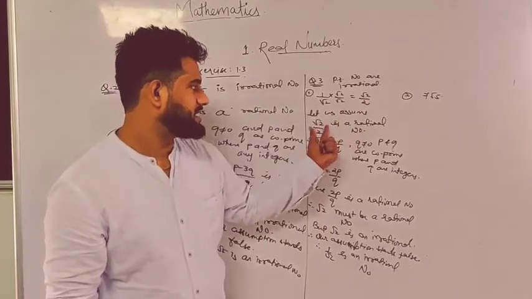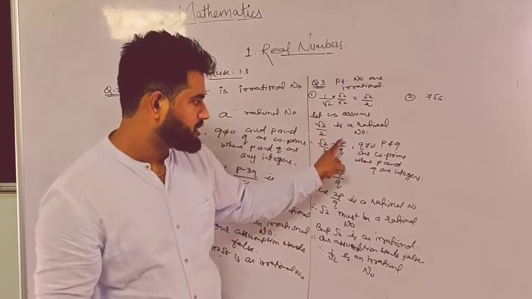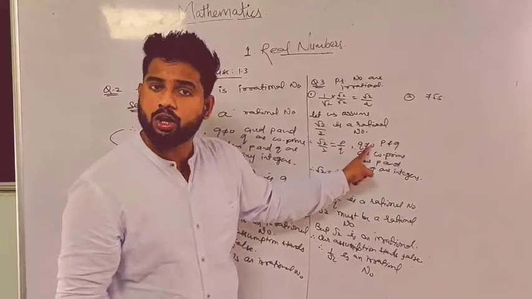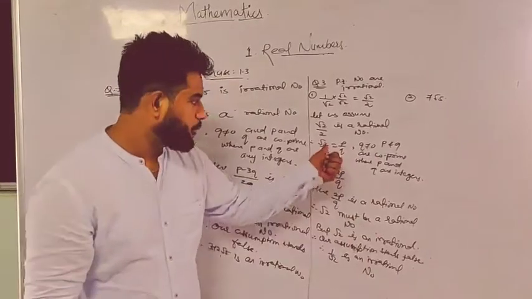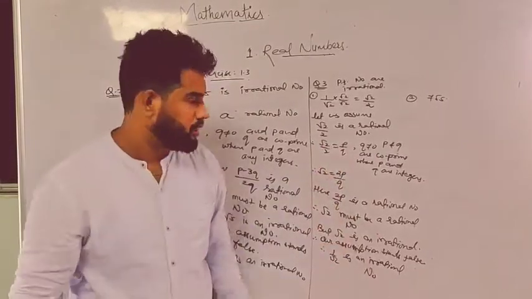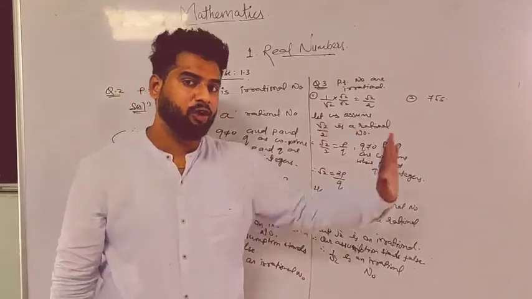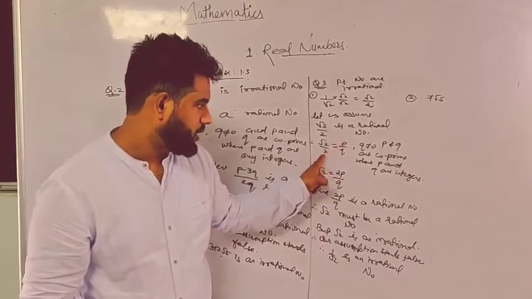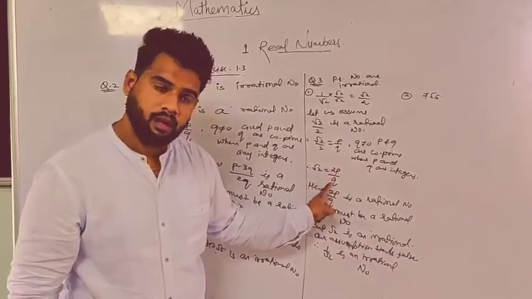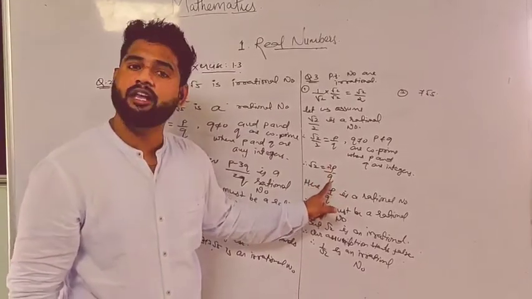Again, assume it is a rational number. So it can be written as root 2 by 2 is equal to p by q, where q should not be equal to 0, p and q are co-prime, and p and q are integers. Again, the root is not alone. So whenever it is not alone, always make sure that your root value is on one side of the equals to and all other values on the other side. So root 2 will be here, send this 2 here. So 2p by q. p is an integer, integer into 2 is an integer, integer divided by integer q.